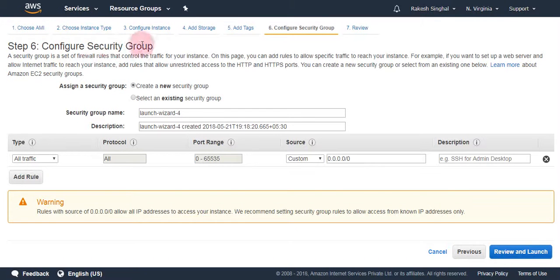Basically it falls under the security group. Here are some other types, and in the source I am taking anywhere so that my EC2 machine can be accessed from any IP, but you can also restrict this. For testing purposes we are just making it public. Now click on Review and Launch,